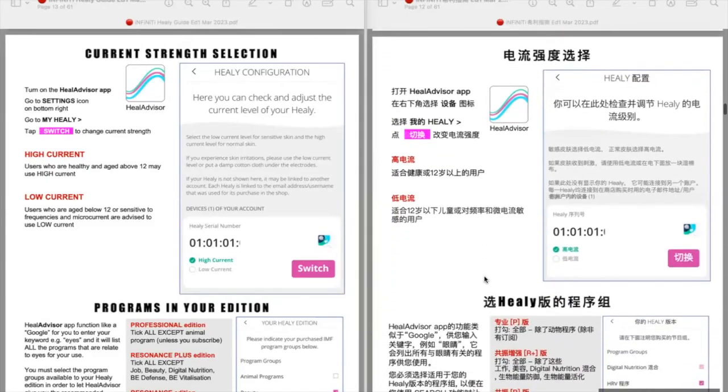Okay. For a new user, you have to switch to high current for adults. And sometimes if you want to use it for a younger child, 2 to 3 years old and so on, you may have to switch back to low current. So this is where you do it